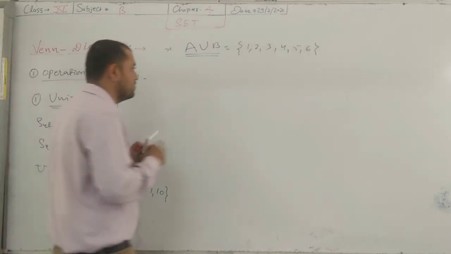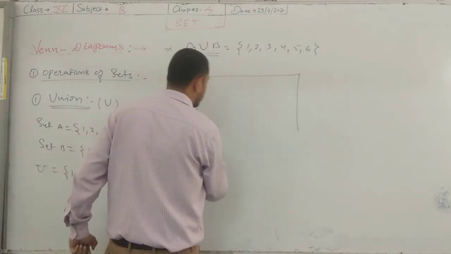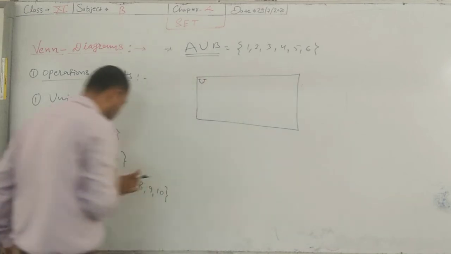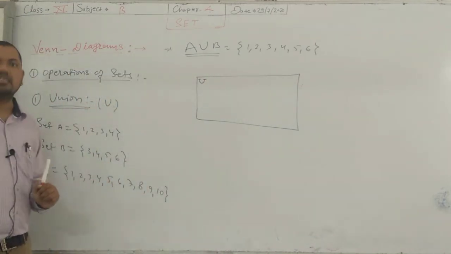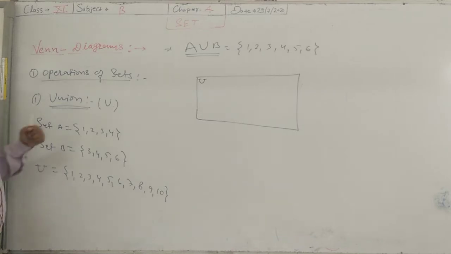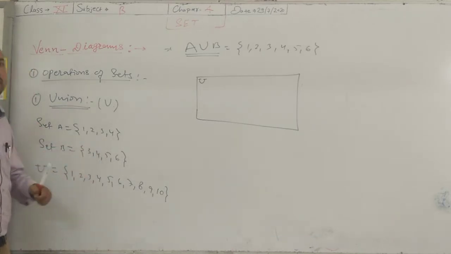And how do we represent the union in the form of a Venn diagram? For a Venn diagram, first we draw a rectangle box. We can say that the rectangle box is a part of the universal set, containing the elements from 1 to 10. That is the universal set. After that, we represent set A as well as set B. Then we represent the union of the given two sets. We say that 3 and 4 are the common elements between the given two sets. And how do we represent these common elements?